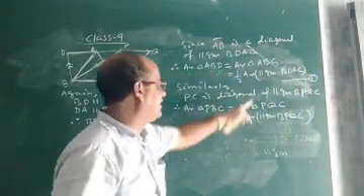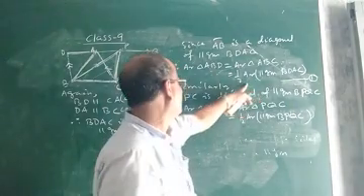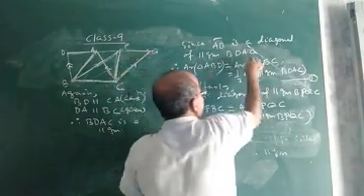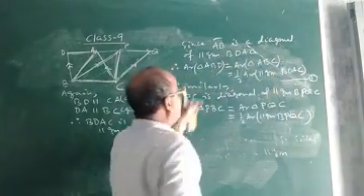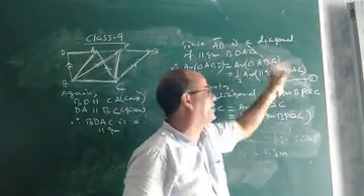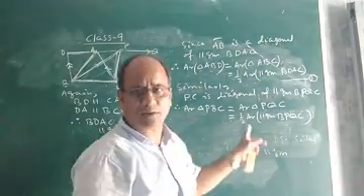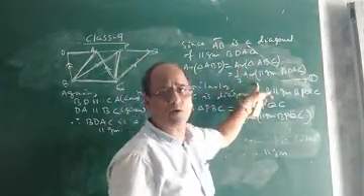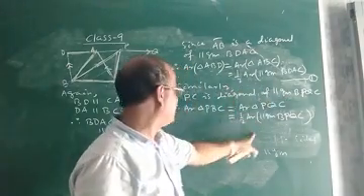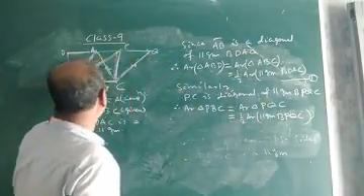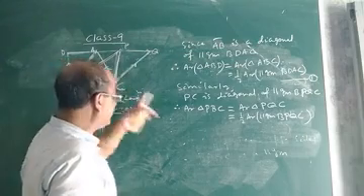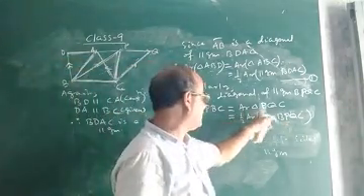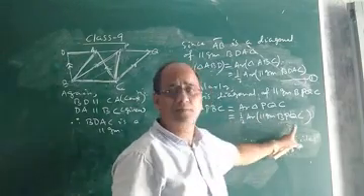So children, in equation 1 what did we get? We got area of triangle ABD equal to area of triangle ABC, and each one is equal to half into the area of parallelogram, because the parallelogram is divided into two congruent triangles of equal area. Similarly, in the second parallelogram BPQC, area of triangle PBC equals area of triangle PQC, and each is half the area of parallelogram BPQC.